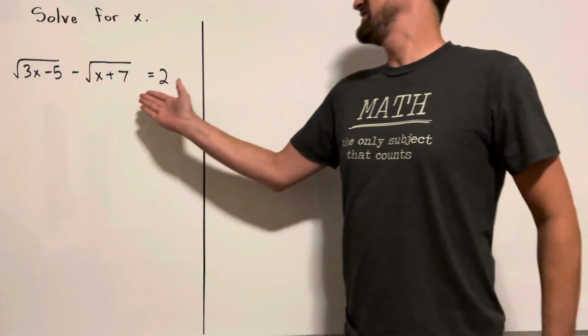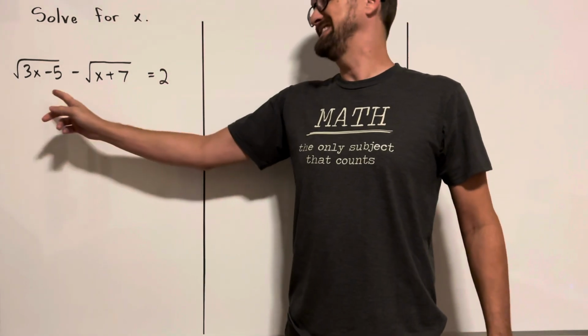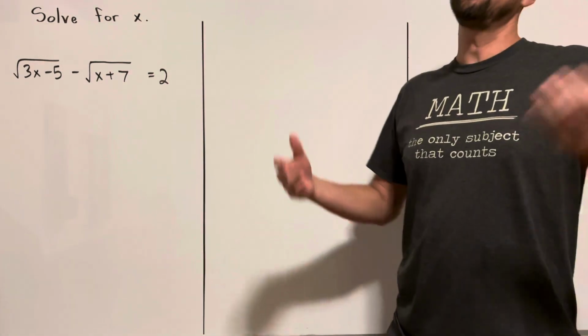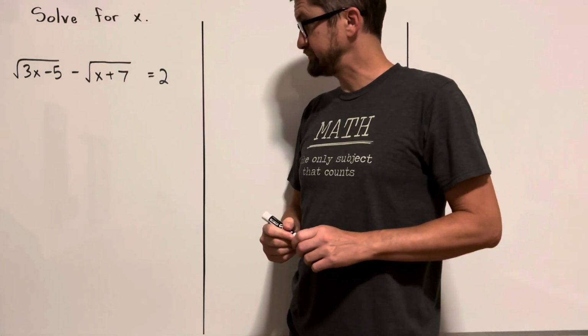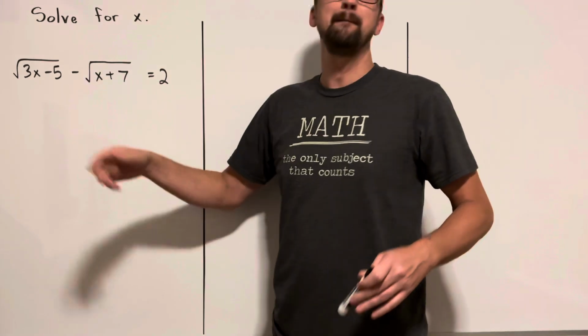We're going to solve this radical equation today. This radical equation contains two radicals. How do you solve this? We're looking for x. We're looking for the value that when you plug it into the equation, makes the equation